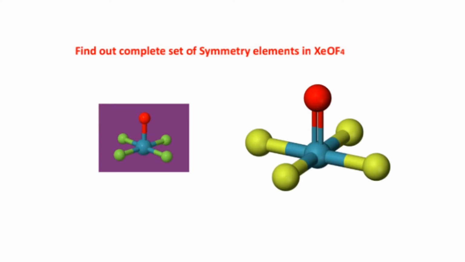We pick this molecule on the axis of rotation through the oxygen. You can see exactly the C4 rotation in this molecule. There is also C2 rotation present in this molecule. If we talk about the axis of inversion, is there any axis of inversion present or not? No, there is no axis of inversion present in this molecule.